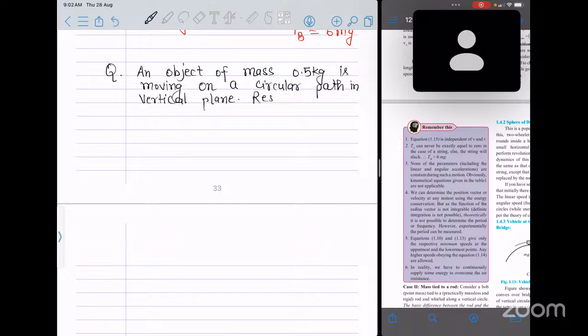Resistive forces are not present in the system. If radius of